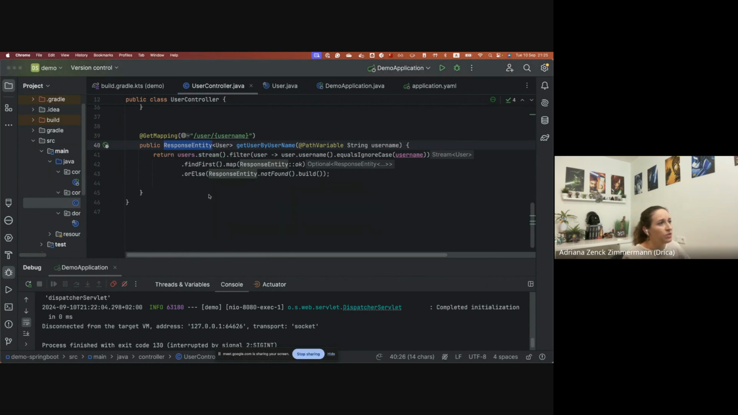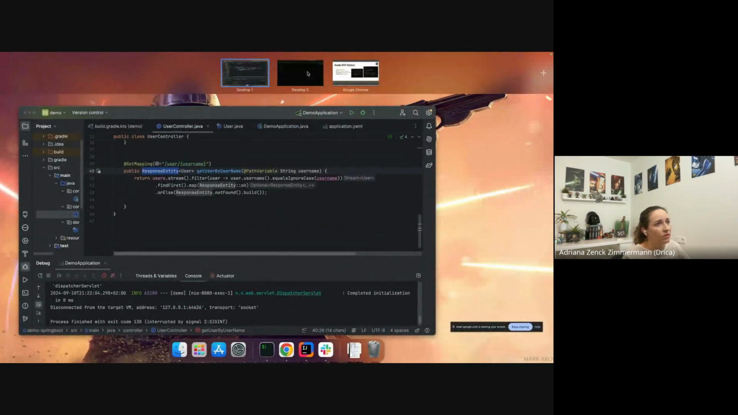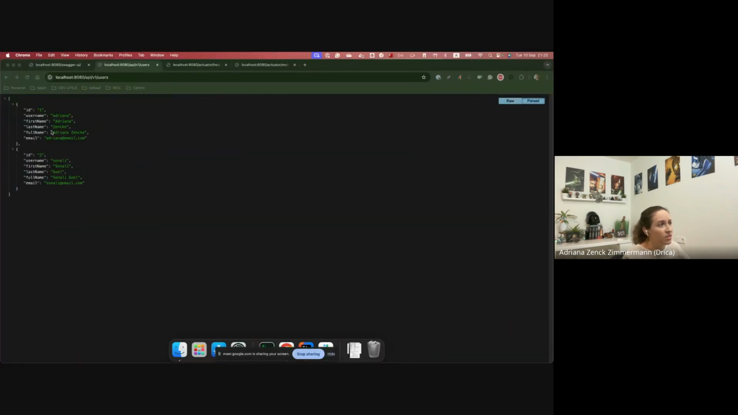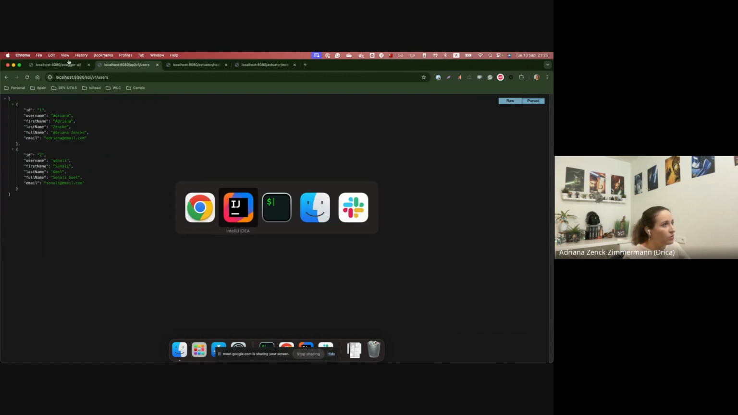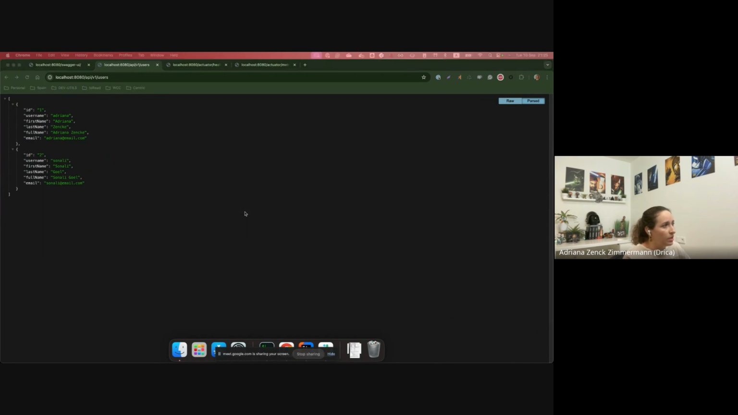But as you can see in the response, it returns JSON and converts your Java entity into a JSON model and returns it in the response. Now, if we look now about